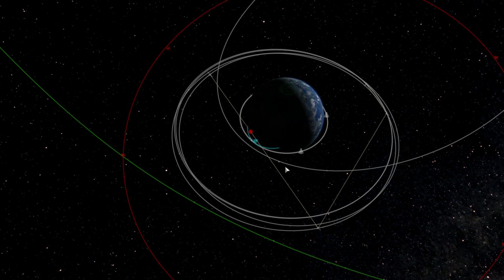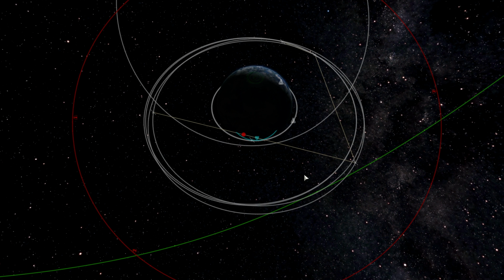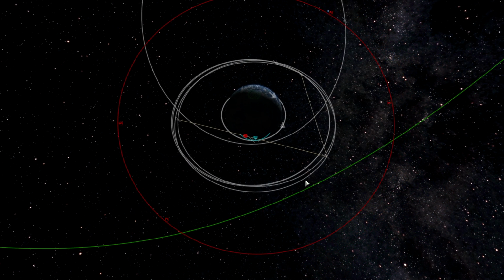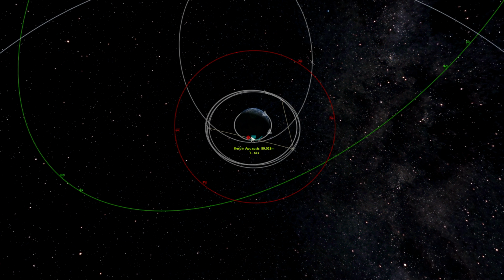And actually, a fun fact is that in the real world, there is a parking orbit, or a graveyard orbit, which is what happens when you have a satellite that you cannot seem to get into